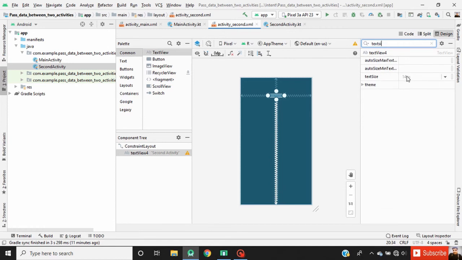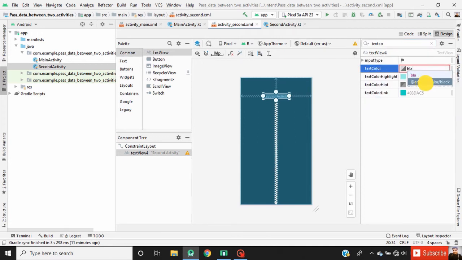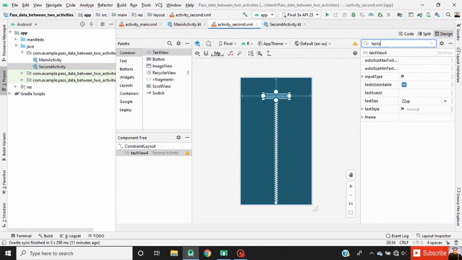Change the text size to 22 sp. Text color to Android black. And text style to bold.